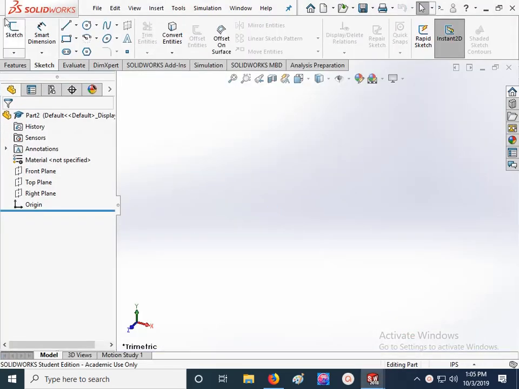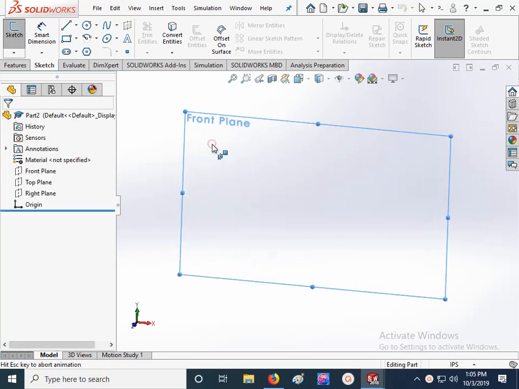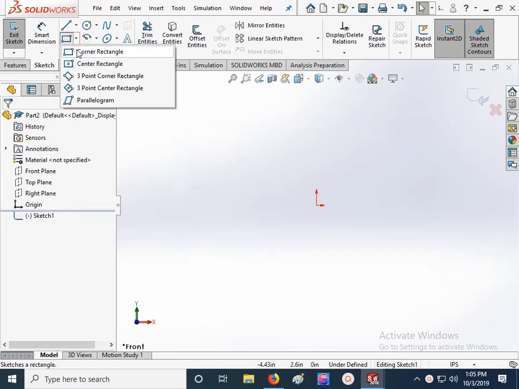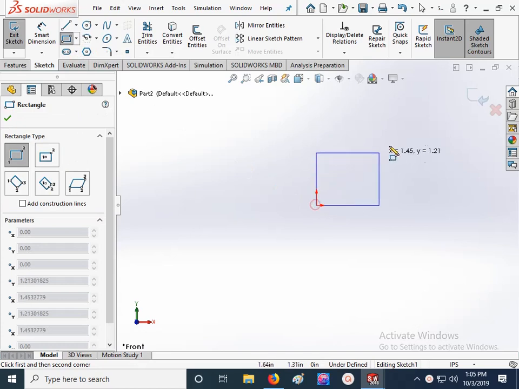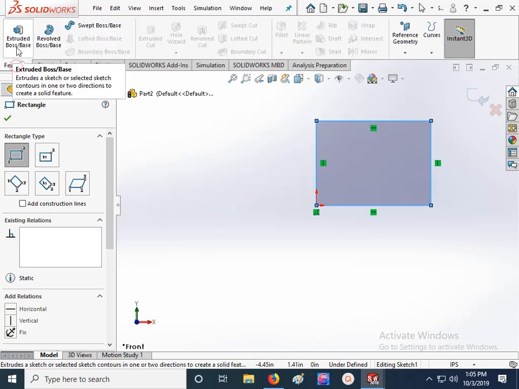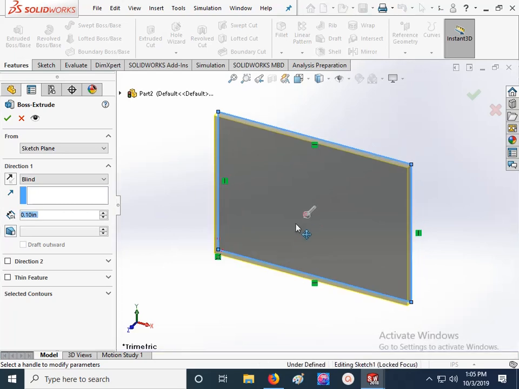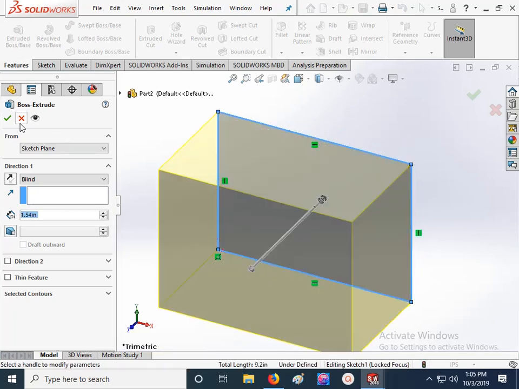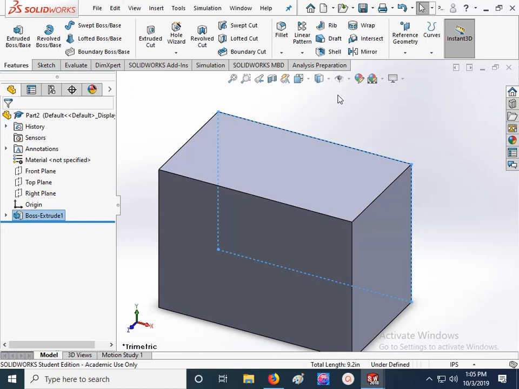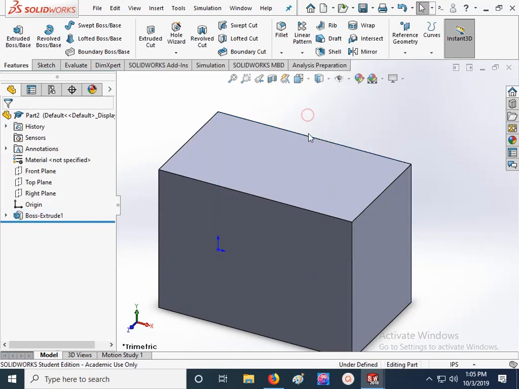So what I'd like you to do is start off. It does not matter which plane, it does not matter what measurement unit. Just go ahead and make for me just some type of rectangle. In fact, I'm not even going to smart dimension this. Just bring it out to the 3D world. Alright. Feel free to pause this video as often as you like, so to make sure I don't get too